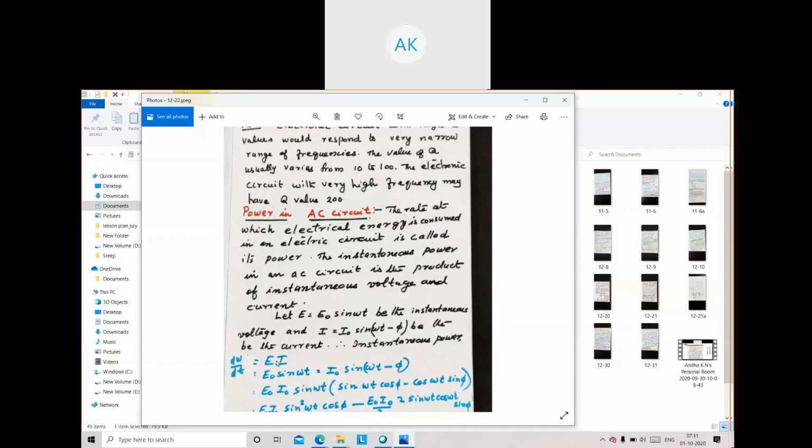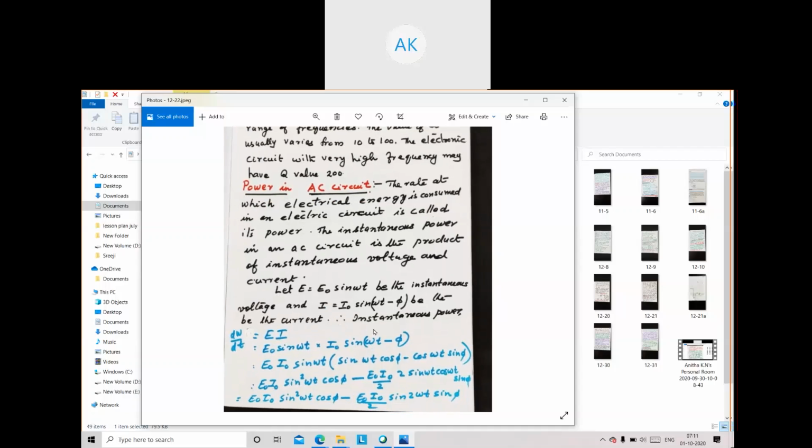E is the EMF, I is the current. Instantaneous EMF is the instantaneous EMF, I is the instantaneous current, because every instant E and I are changing. So here we take an LCR circuit, where all the elements are there. We are considering a circuit which contains an inductor, resistor and capacitor. All the three elements are there, and we have got the current equation I equal to I0 sin